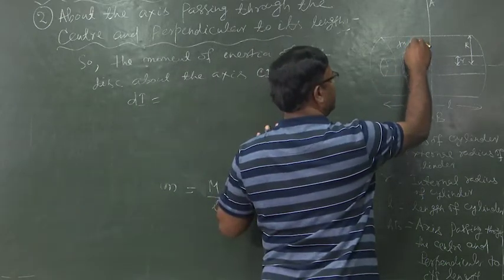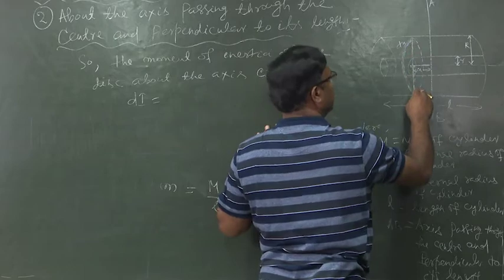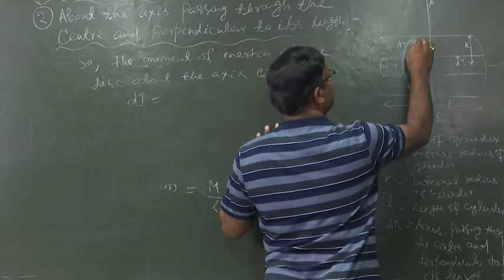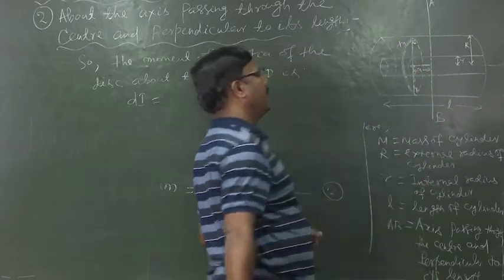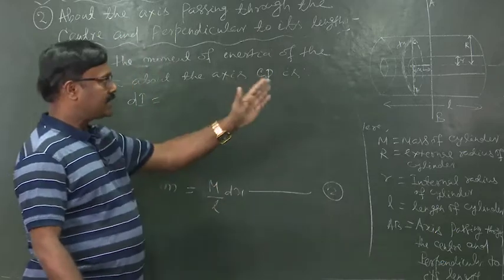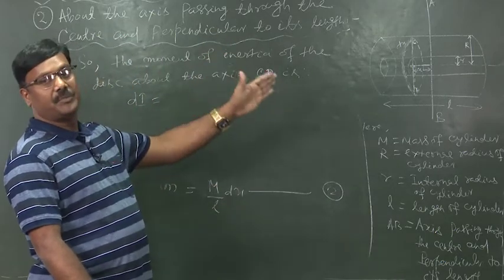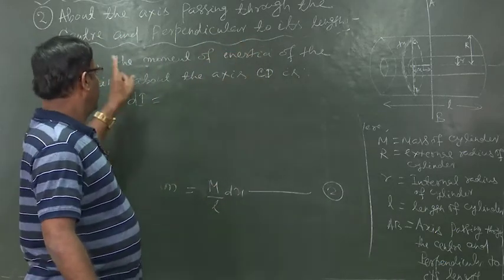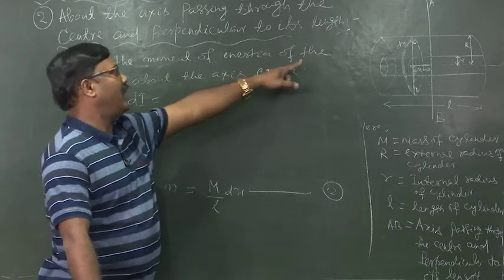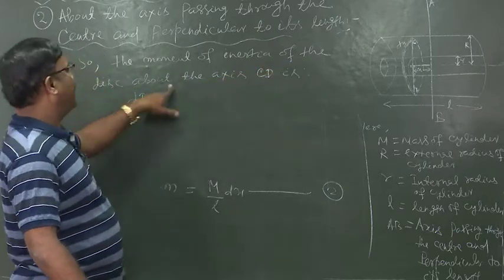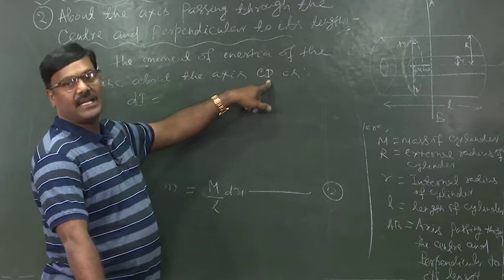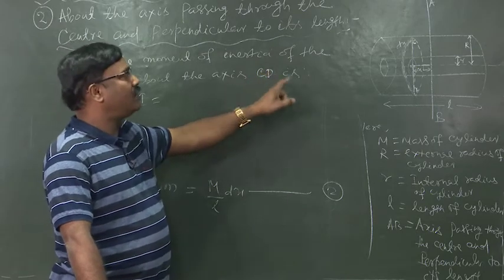Here this one is the axis CD, which acts as the diameter of the disk. So the moment of inertia of the disk about the axis CD, that means about the diameter of the disk,